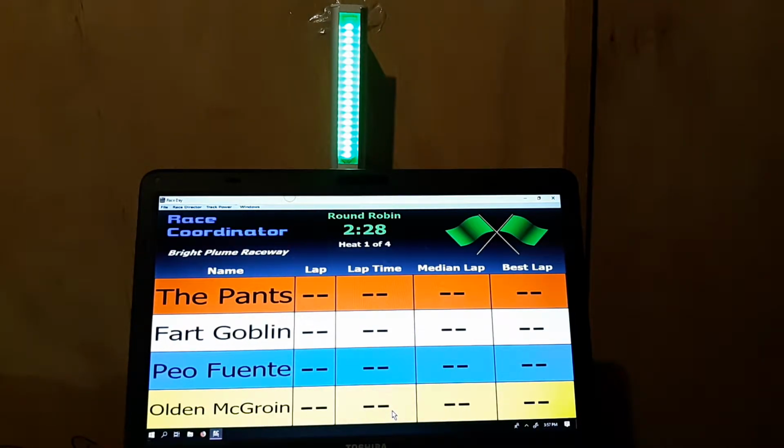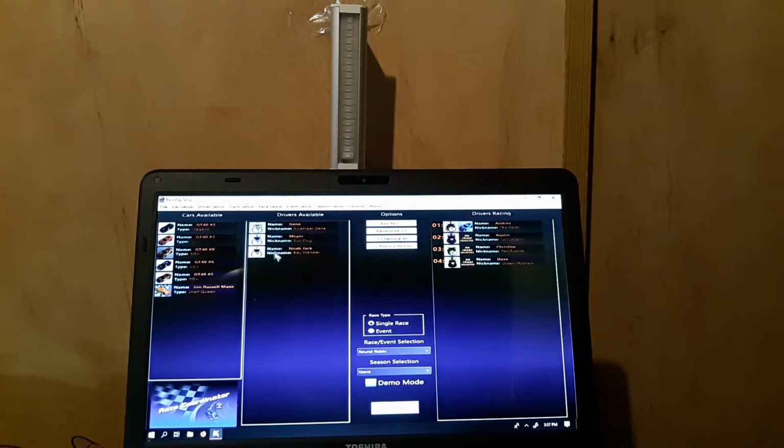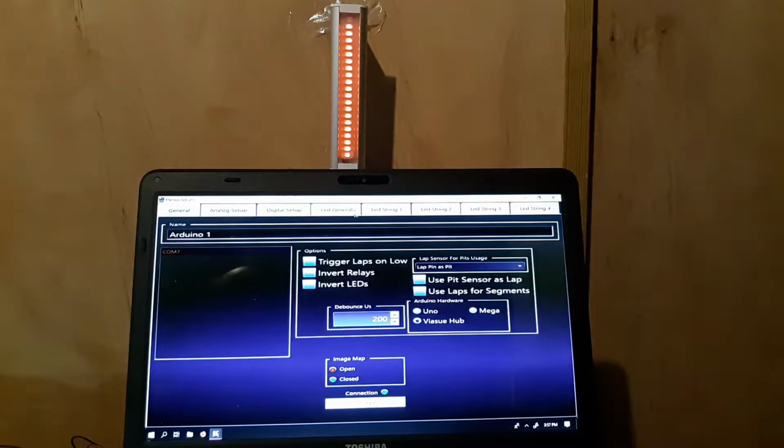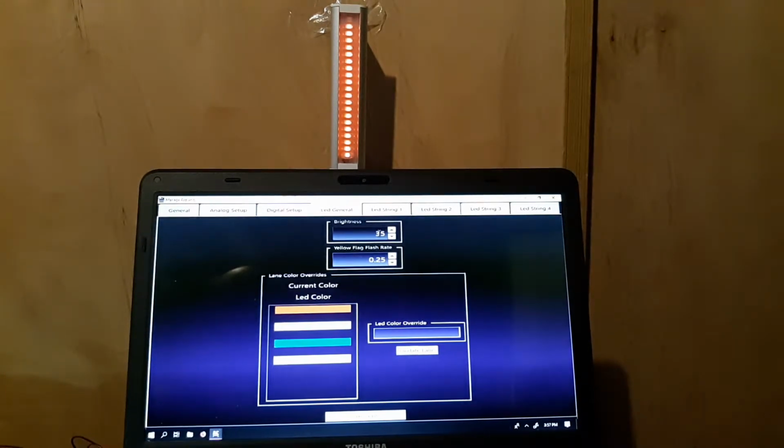Now, to show you the settings, I'm going to pause the race, and we're going to close the race. Then we're going to go into settings, and you click on track expert, track setup, track expert setup, configure. And then you go into the general settings. And I have this set for 35. You can set it as high as 225, which is very bright. But I'm going to knock it down to 25 for our video and see if that helps you see the